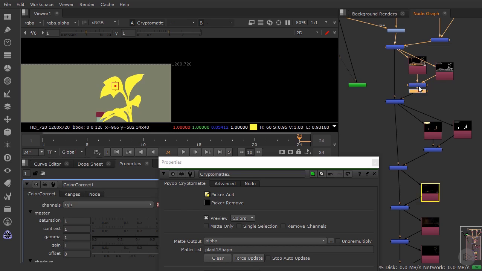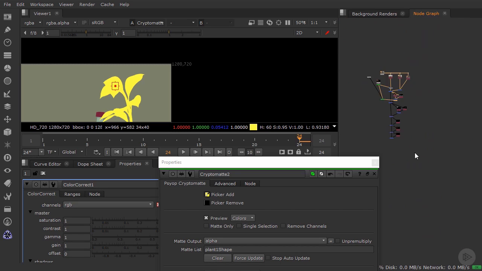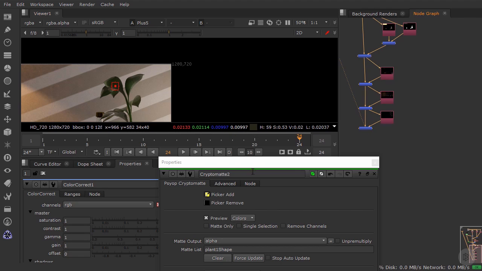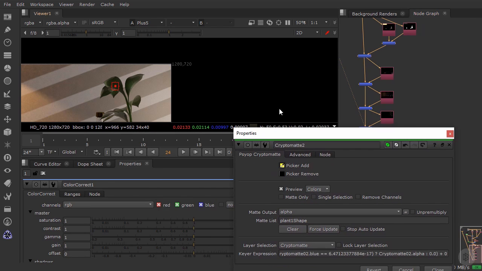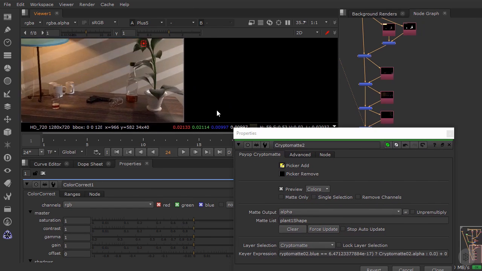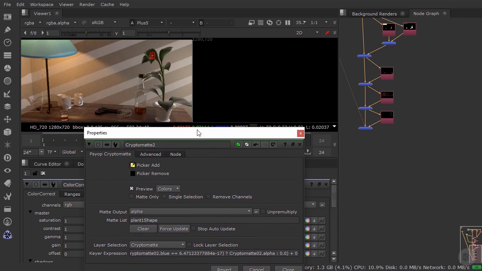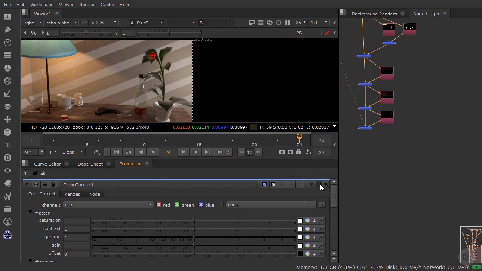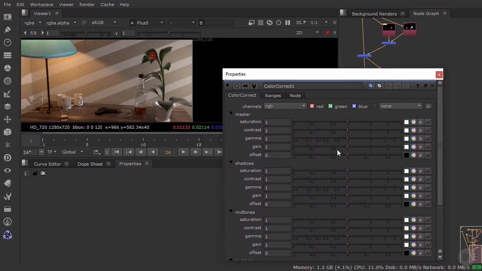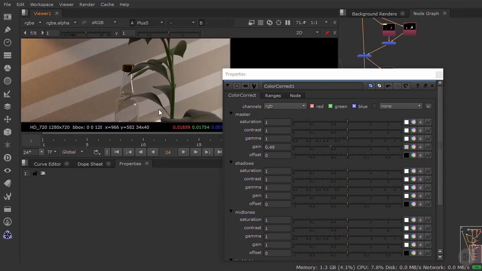So let's do a color correct on there. Let's again view the result, and look at our plant, let's bring down some of these. Let's close this, let's pop this out. Let's bring down the plant, its reflections,